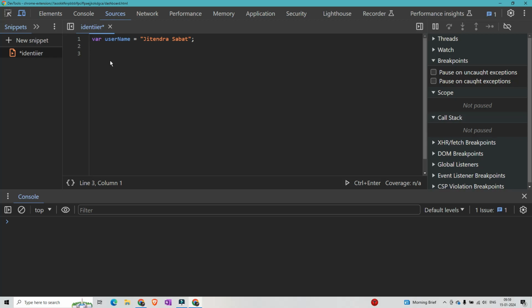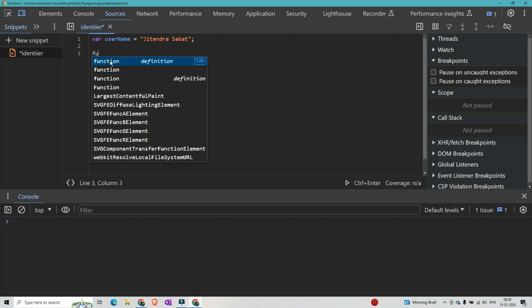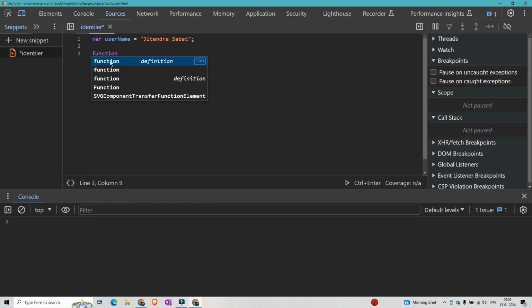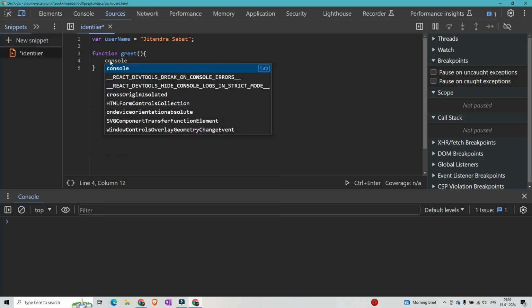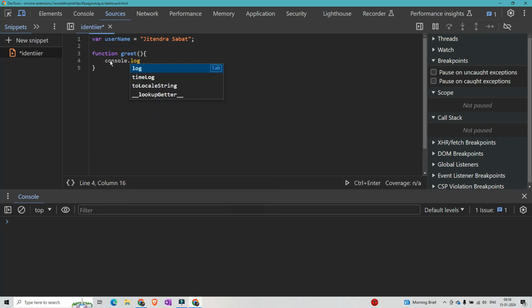Next I will be declaring a function, using the keyword function, followed by my function name. For example, I am creating a greet function, followed by parentheses and then curly braces, and inside I will be simply logging hello from